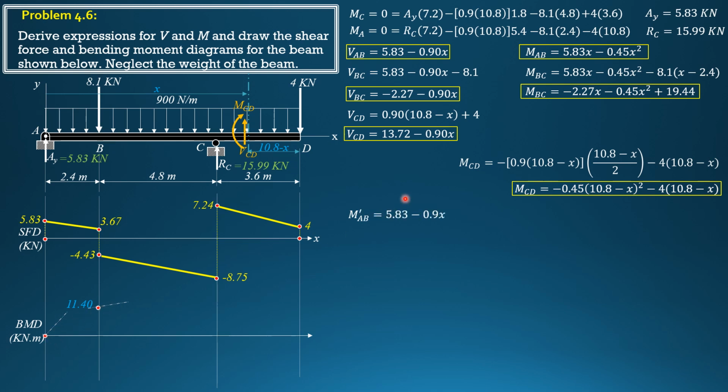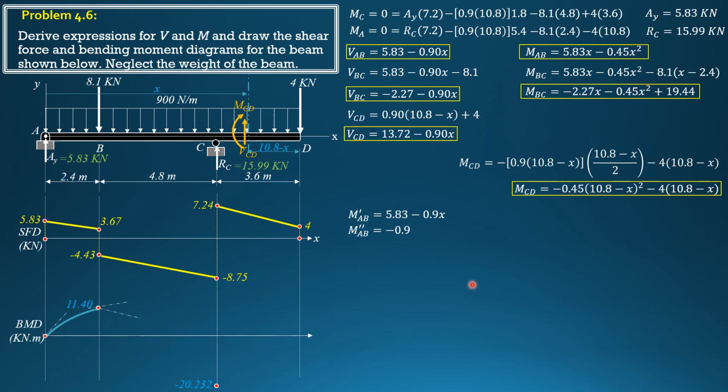supposedly as shown. But based on the second derivative or concavity, M AB prime is 5.83 minus 0.9x. Then the second derivative M double prime AB is negative 0.9. So it means it is concave downward as shown in the figure. That's it. Then for portion BC, substitute x is 2.4, negative 2.27 times 2.4 minus 0.45 of 2.4 square plus 19.44, it will give us the same 11.4. Then when x is 7.2 at C, negative 2.27 times 7.2 minus 0.45 times 7.2 square plus 19.44,